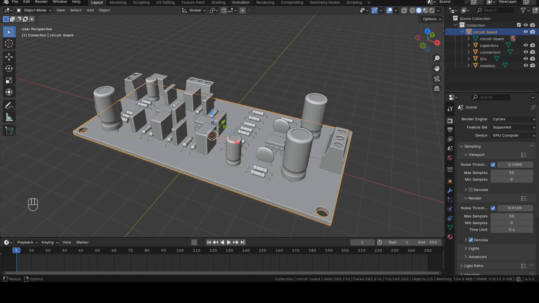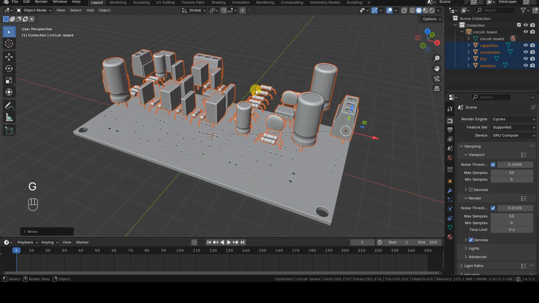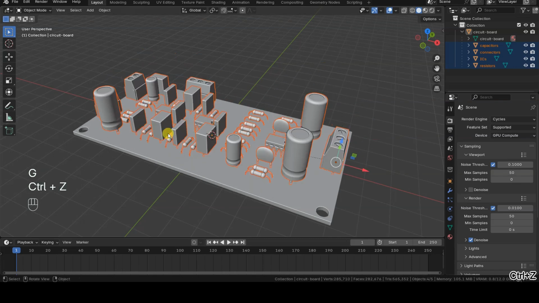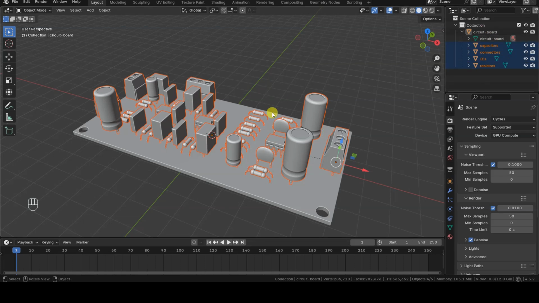At this point, I need to select only the components and record the keyframe at the moment when I want all of them to be resting on the circuit. I will be able to easily modify this keyframe, just like any other later on. Keyframes can be inserted by pressing I or by selecting Insert Keyframe from the right-click menu. It's important to make sure not to insert this keyframe for the printed circuit board, but only for the components.